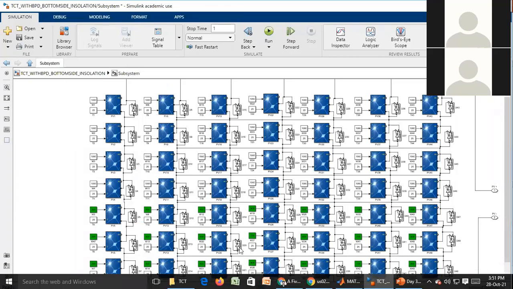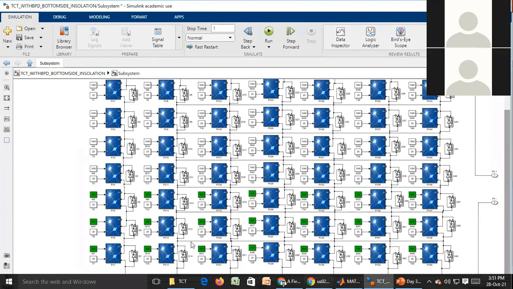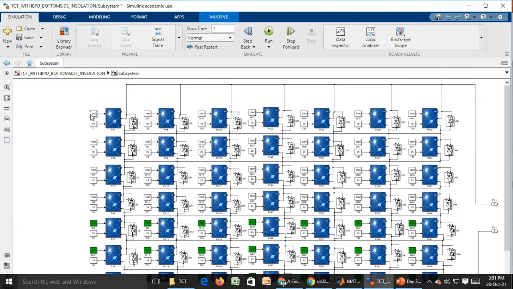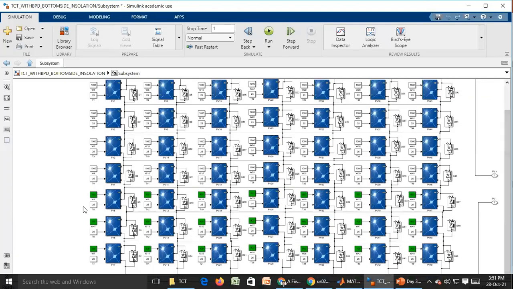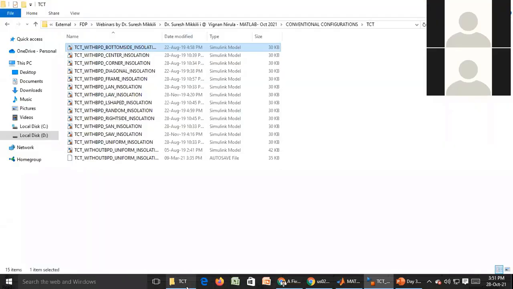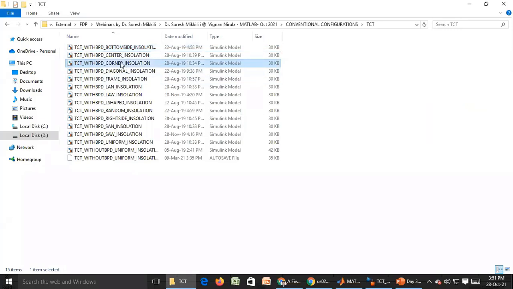If I remove this link only up to the first two, you see it is a series parallel circuit. So now what we are doing is considering what is called total cross tied. All the modules are cross tied, okay, and there are conditions we have taken. Bottom modules can be shaded, left side modules or right side modules can be shaded, corner modules can be shaded. Different conditions we have shown there.